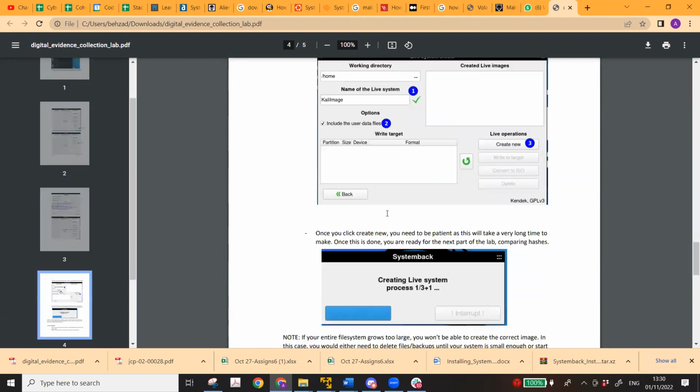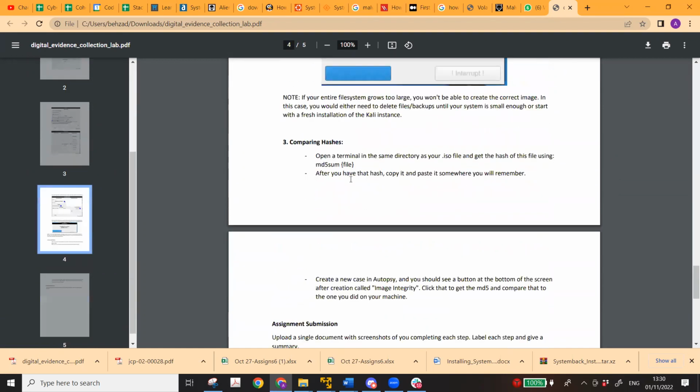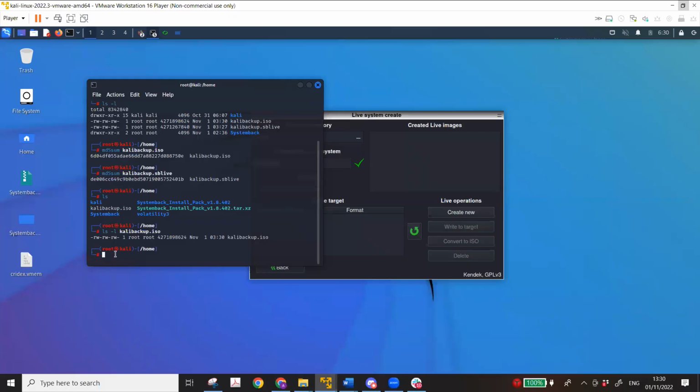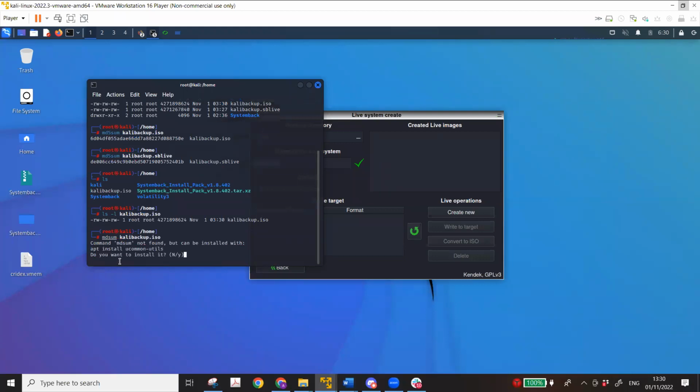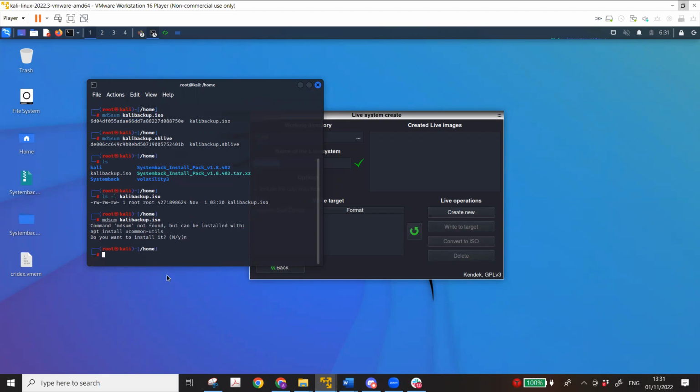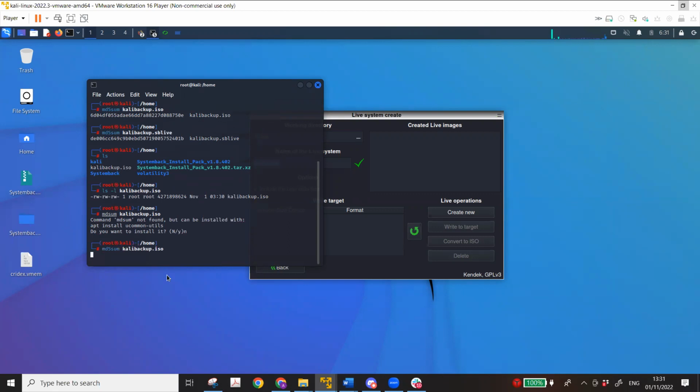The second step is to take the hash of the image, which you can do using MD5sum. It's already there by default in Kali Linux, so you won't have any problem with that. Then take the hash of this. Okay, so now MD5sum. MD5 is already there. It will take some time to take the hash. However, I did it already, as you can see the hash of this file